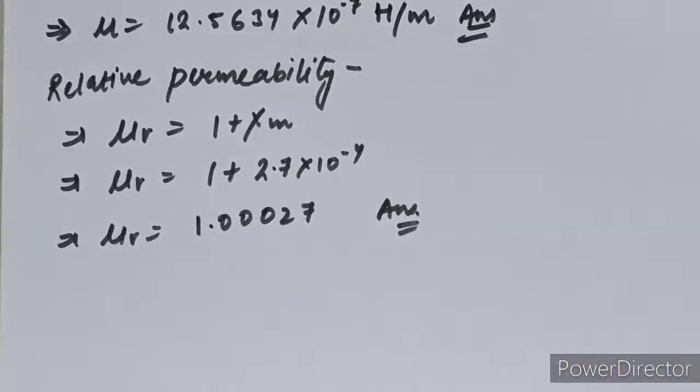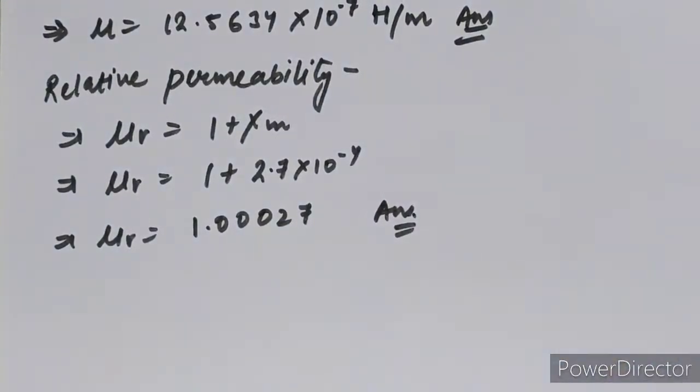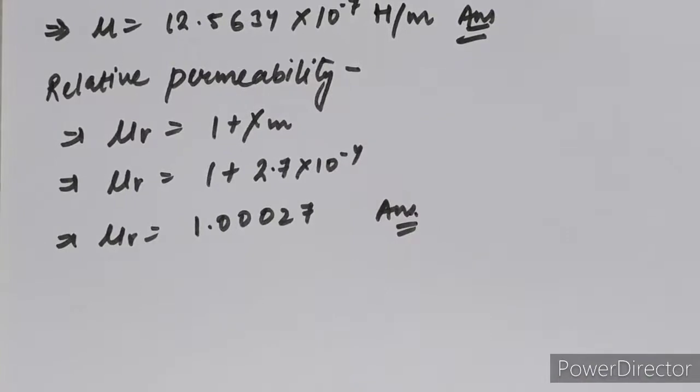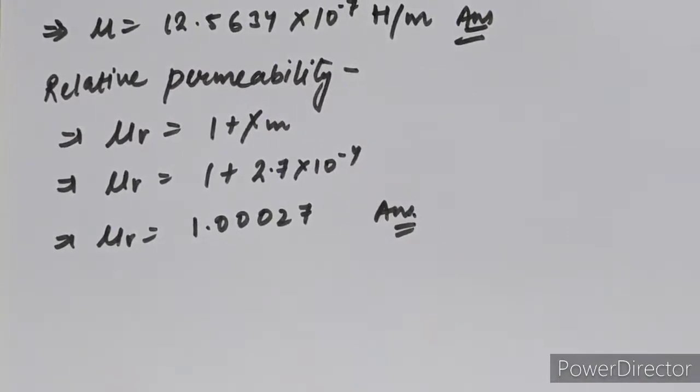This one is the answer. Clear? Okay? Sometimes we have seen that in a numerical only one numeric value has been given for one of the physical quantities and the other you have to calculate. Then students become confused about how to calculate two physical quantities from a numerical in which only one numeric value has been given. Doesn't matter, beta. Sometimes it is just given to make you confused, nothing else.